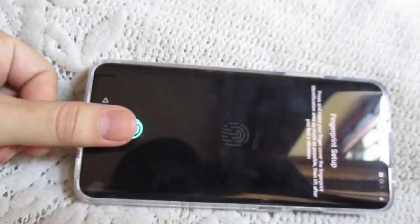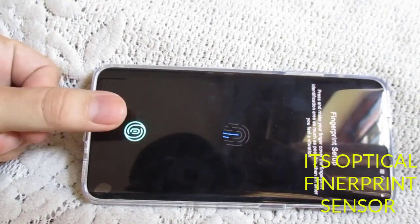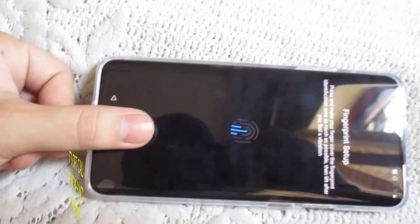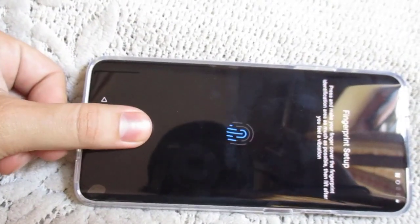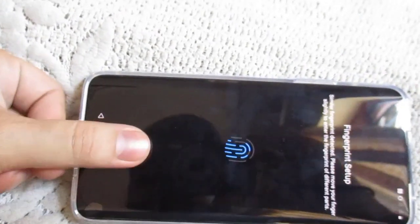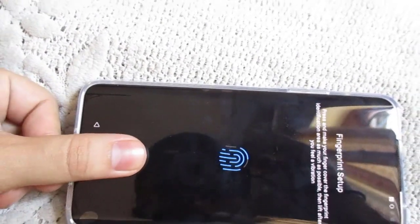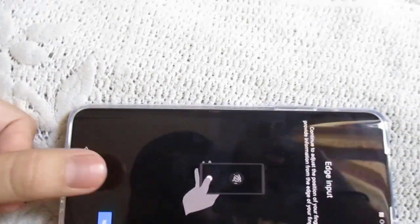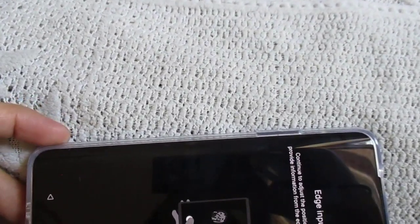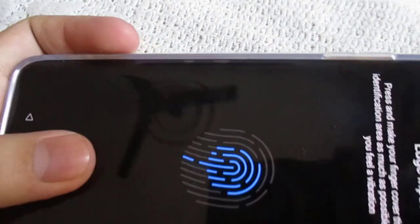You can see, first of all you need to keep your thumb, and it takes more time than a normal capacitive fingerprint sensor. So here I'm setting up the fingerprint sensor. You can see it takes roughly around 50 seconds to set up, or maybe less, it depends. Now we have set up the fingerprint sensor, and it's asking again for the edge input,